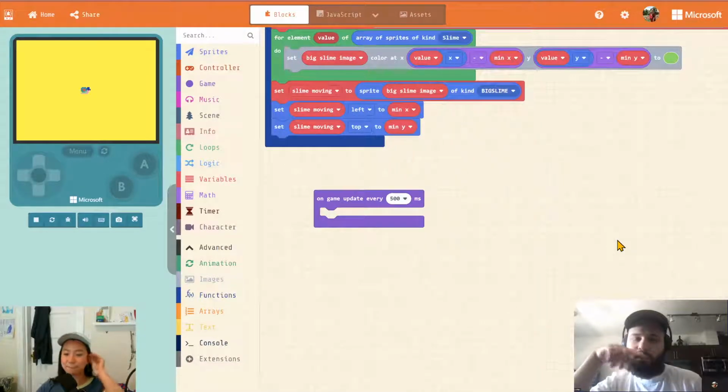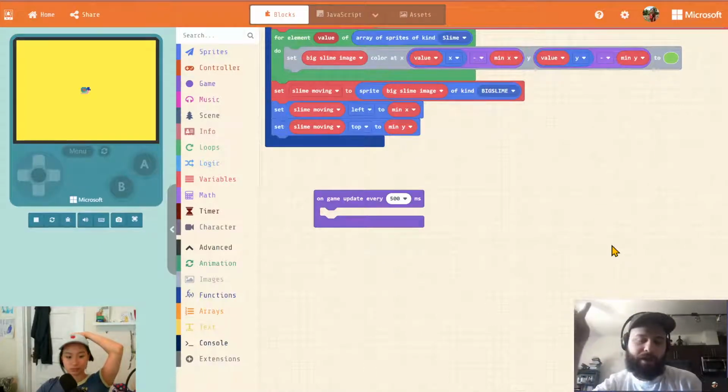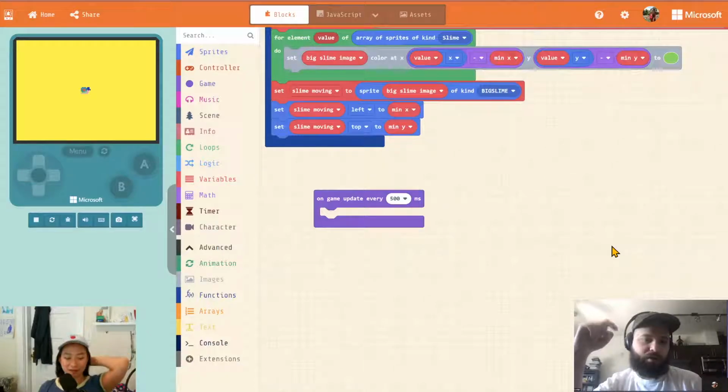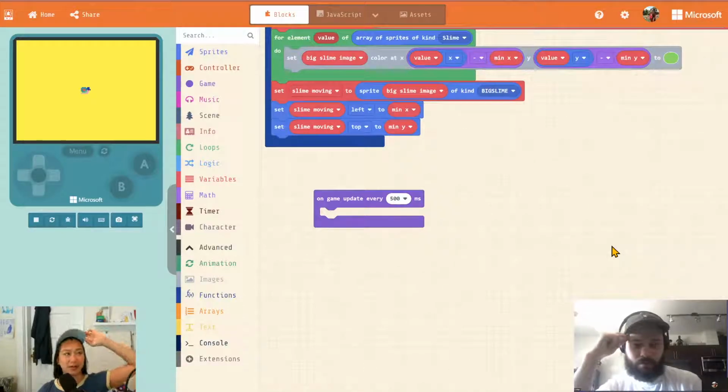Yeah. Okay, so for each of the slimes, you know which slime it's trying to go to, right? Mm-hmm. So we just do a move to the other location, and then every whatever milliseconds we plot it onto our image, because we have the min x, min y, so we can just plot it on. That's true. I was also thinking, since we're doing it with an image, we could just do a flood fill from each point instead of doing the opposite of the array. We don't have flood fill. We can